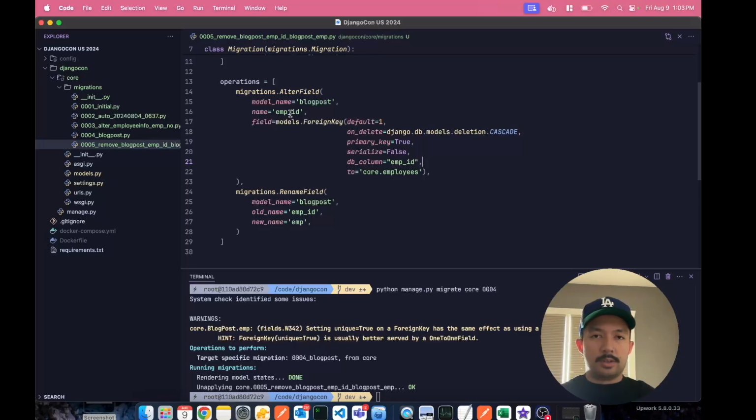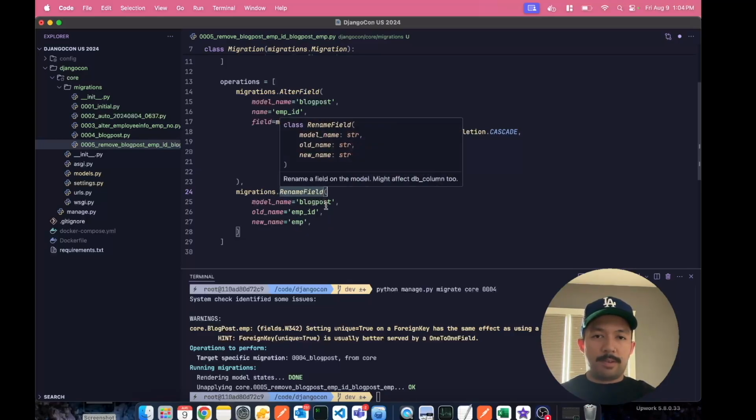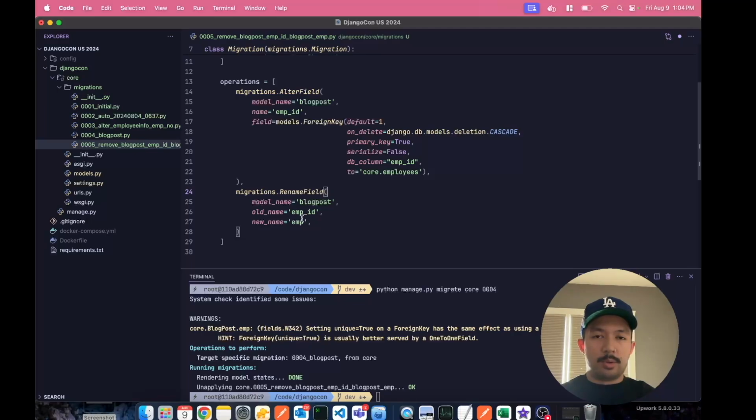Otherwise, it would be called something like employee_id_id. And to just change employee ID to be employee, you're going to want to use rename field and rename employee ID to employee. Now, if we run these migrations,